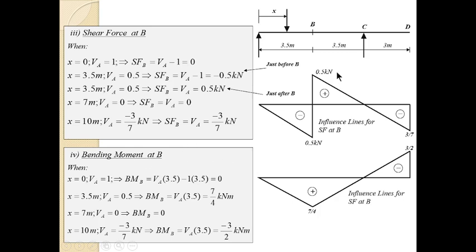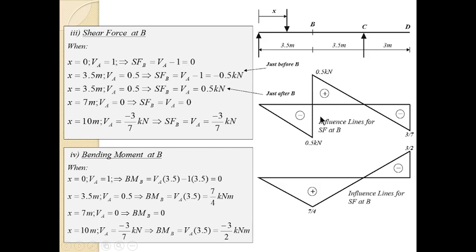And so we go to shear force. This is a shear force diagram. At what point will we place the load? Where do you have the maximum coordinate? This is 0.5. 3 over 7 is less than 0.5. So it is when you place the load here, and here we have the maximum coordinate